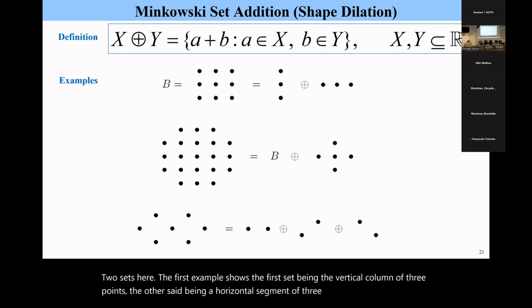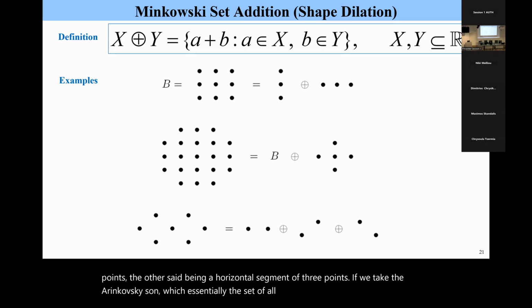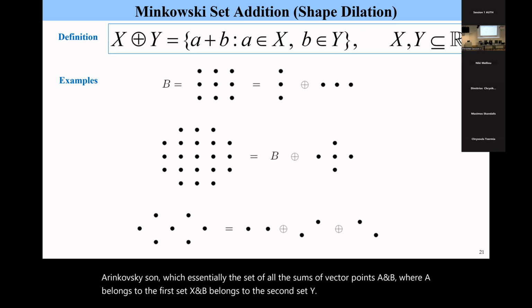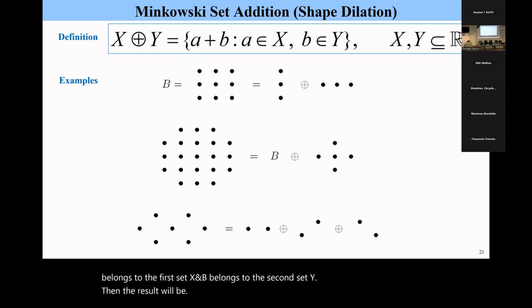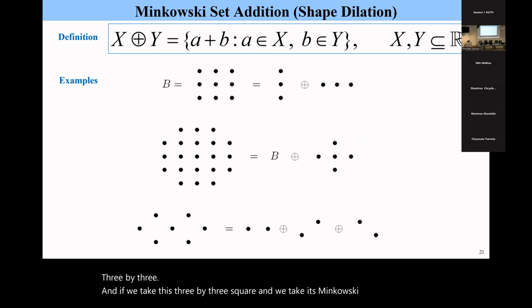If we take the Minkowski sum, which is essentially the set of all the sums of vector points a and b, where a belongs to the first set X and b belongs to the second set Y, then the result will be a 3 by 3 square. And if we take this 3 by 3 square and we take its Minkowski sum with a 5-pixel rhombus, then we get this